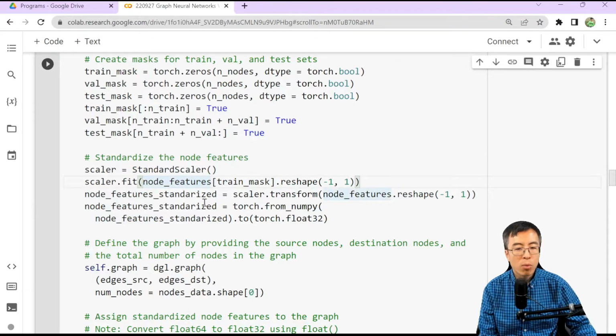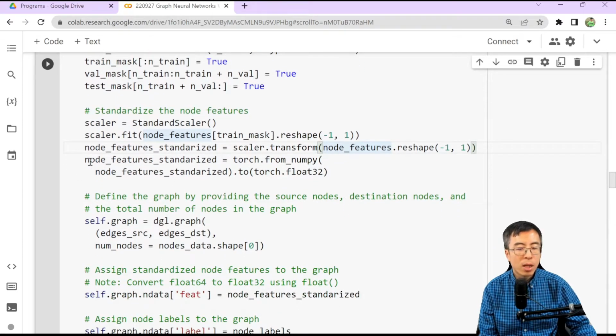And after that, we can perform the transformation using what we learned from the train set on the entire dataset. And after that, we need to convert the standardized nodes features into a PyTorch tensor with data type of float32 for modeling purposes.